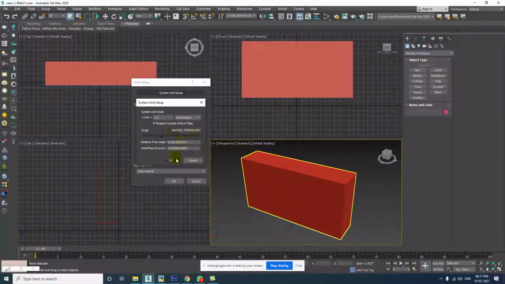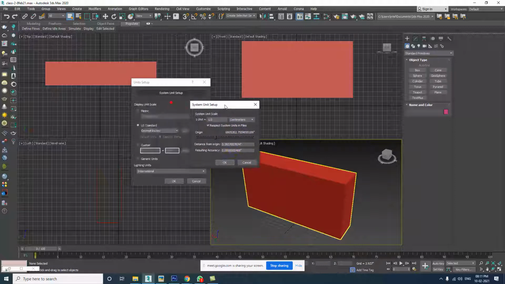Okay, so we will keep this as it is unless the client tells us to change it. Okay, whenever you do any kind of project, I will tell you how it works. See what happened now. This is the default value for 3ds Max. This doesn't have anything to do with your feet or inches or the display of the size of the object. That we are going to change in another window. This window is the default for the 3ds Max system.